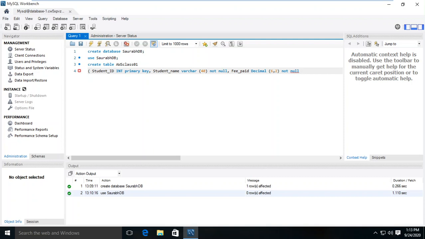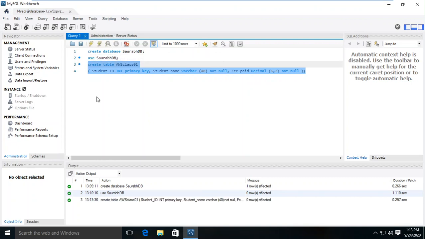Thereafter, maybe I'm going to close this one, and let's try to execute this task. Let's see either it is able to create the table or not. So let's click on execute the task. Here you see create table is done, where this table is having rows of a student ID, a student name, and fee status. 3 will be there.